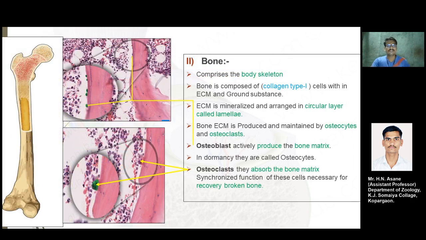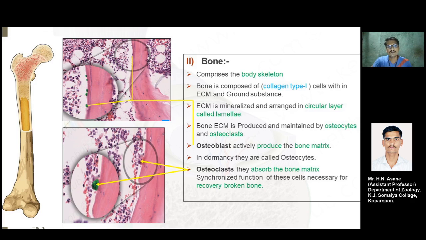Let's study what the bone is. The bone comprises the body skeleton, as we saw in the last slide. The bone is composed of collagen type 1 cells within the extracellular material and the ground substance. The extracellular material is mineralized and arranged in circular layers called lamellae. The lamellae are the concentric rings